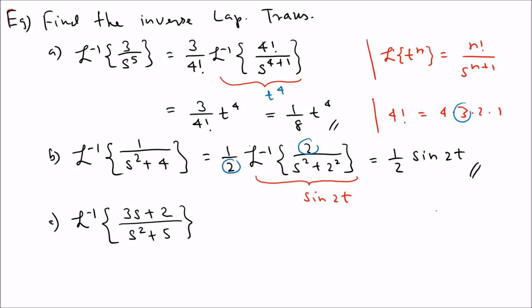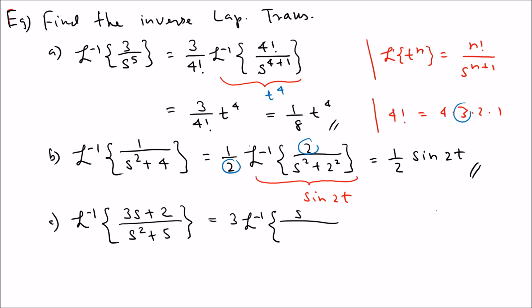If you get something like that, you know that this is not really a direct inverse. So what we normally do, using the linearity, is split this first. We can take 3 out, and write this as 3 L inverse